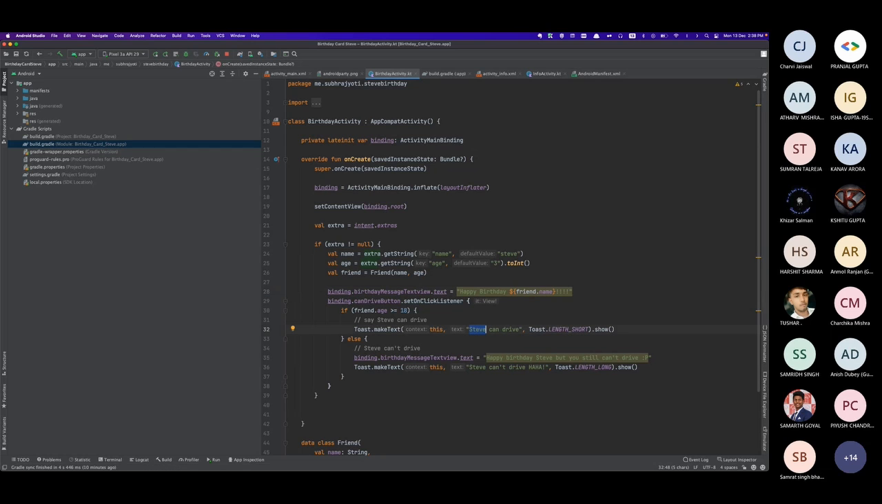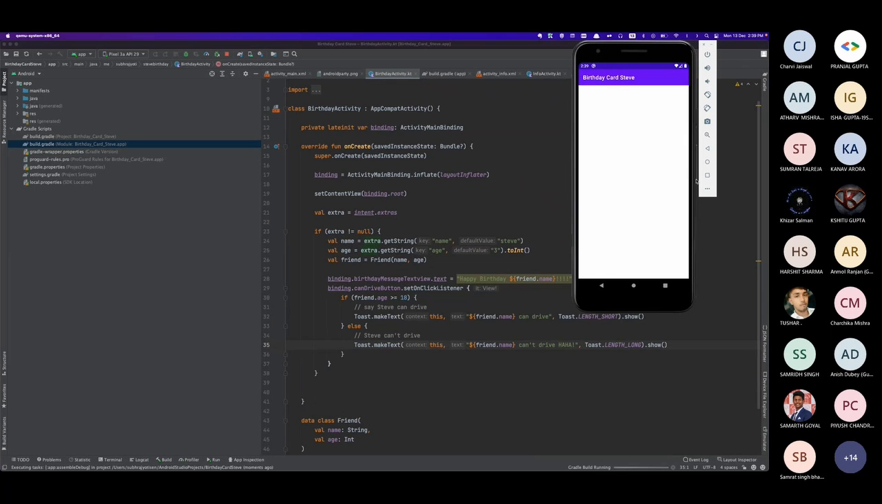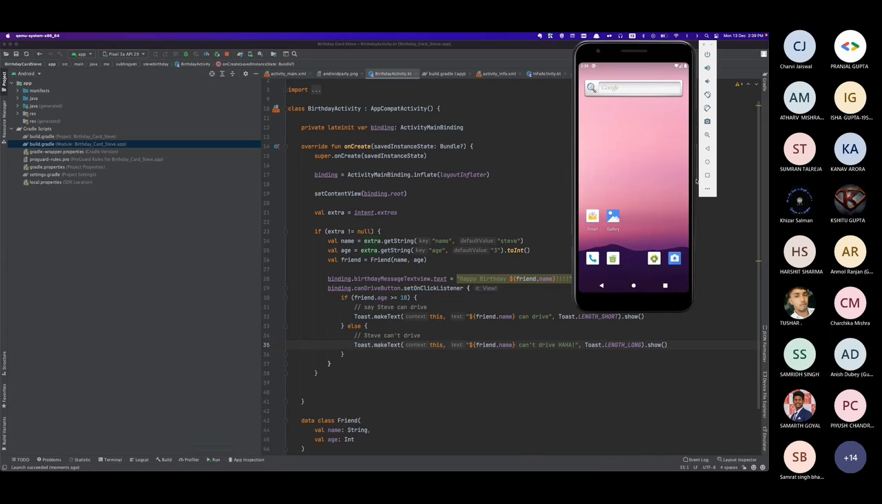Here, wherever we're using Steve, let's just change it with dot name. Similarly here. Okay, let's get rid of this text. And I think we should be good to go. Let's launch the app. Okay, the app opened and